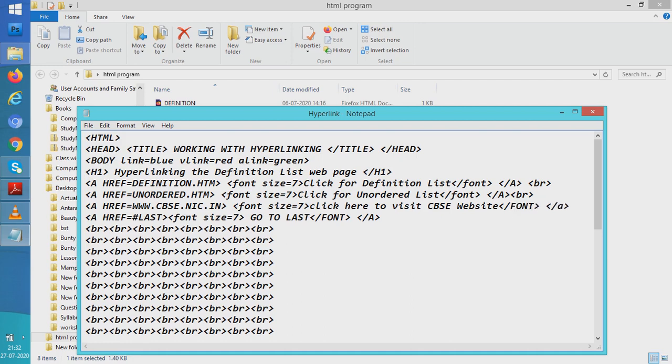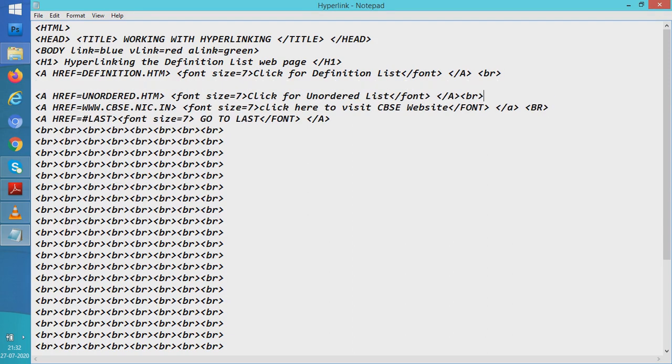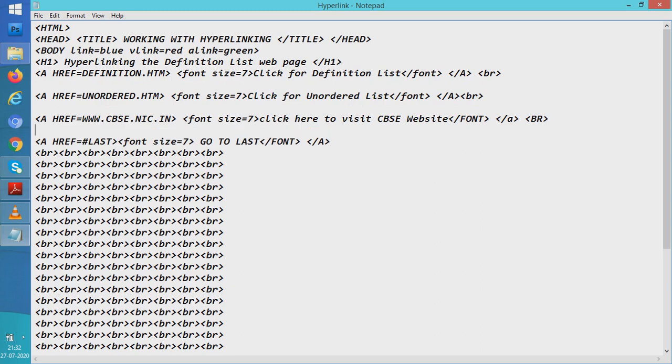Now see, and one more BR will add here so that they become in different lines. For the sake of understanding, let us put it in different lines because it is showing very close to each other.